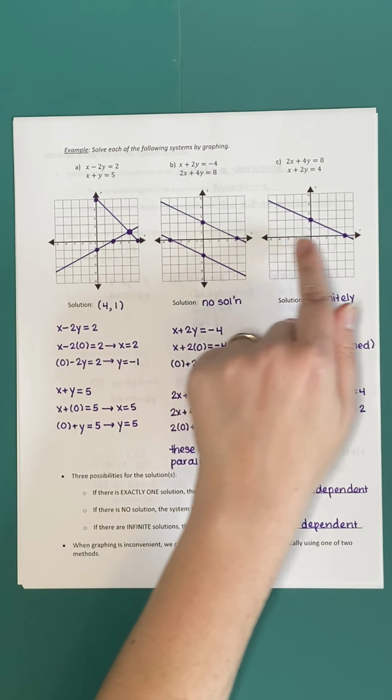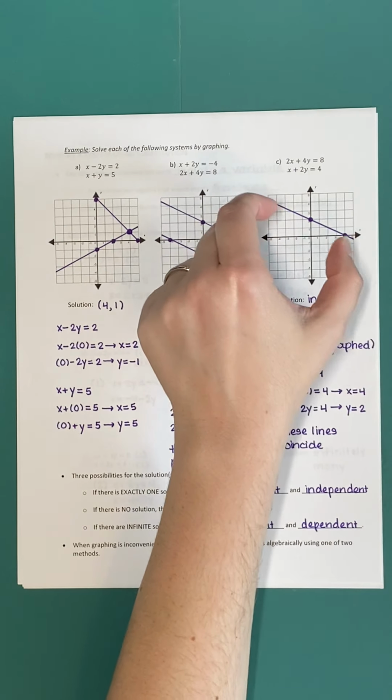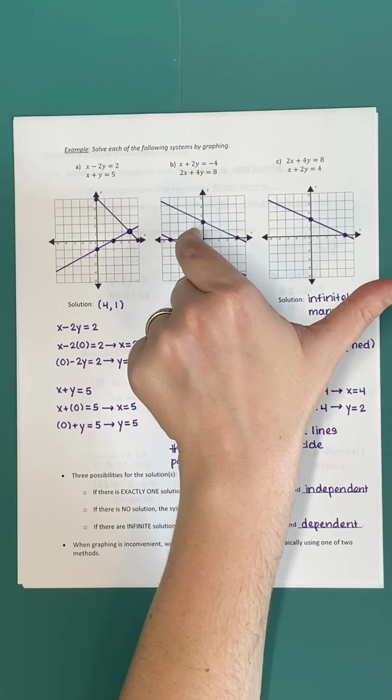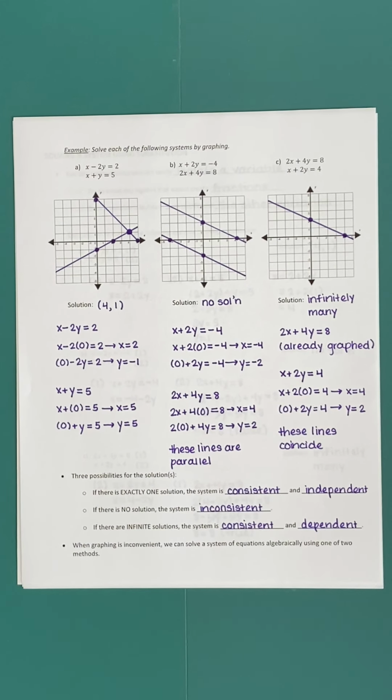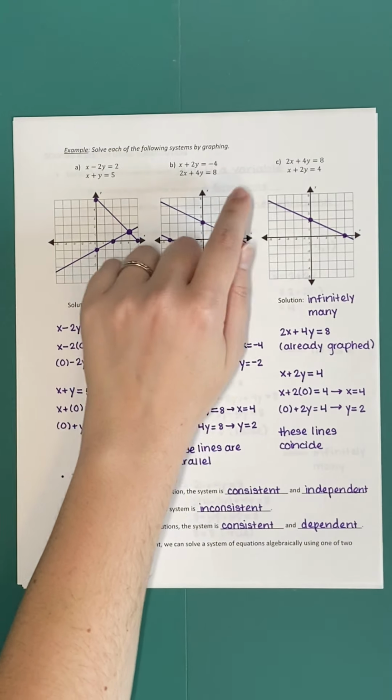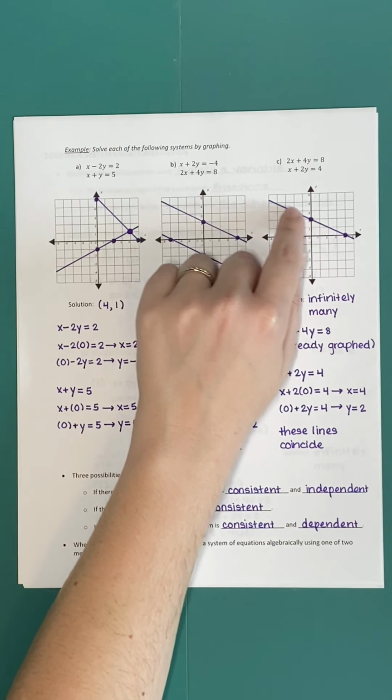Well, we can have any x value we want because our lines stretch out horizontally forever and ever and ever. But it's not literally every x value and every y value in the sense that we can just pair up whatever numbers we want. There are infinitely many solutions, but the solutions all have to be ordered pairs that fall